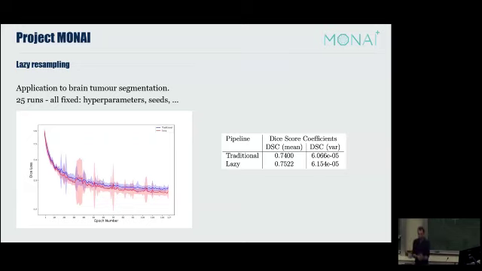Same network, same hyperparameters. We froze 25 seeds for the random initialization from the random generator. We ran it 25 times on each, and those are the results that we obtained. So we can see that using lazy resampling, we've got a faster rate of convergence and we reach a lower value on our validation loss. It's faster because there is a lot less resampling, which is a computationally expensive